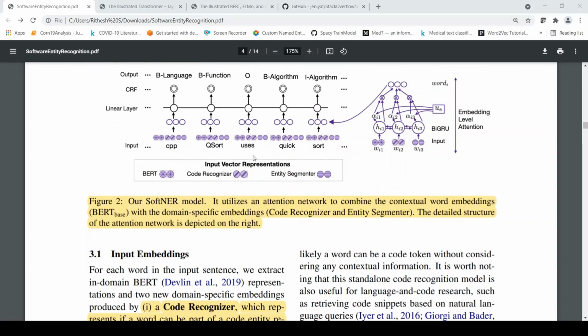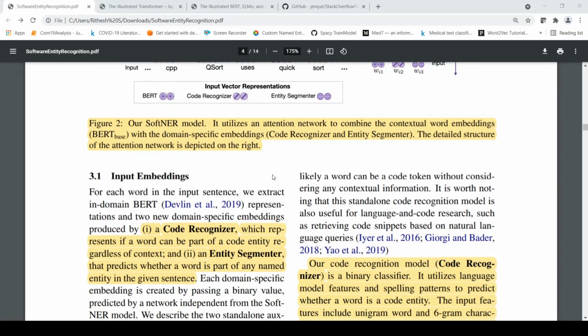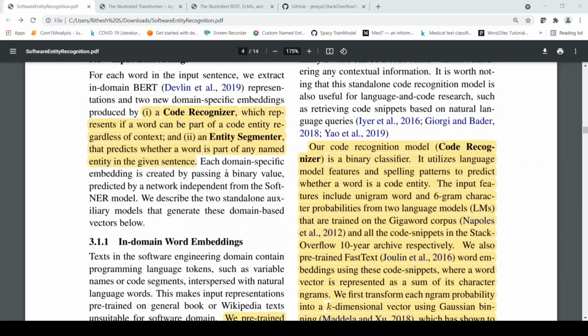When you have the word array list, the word list is part of this span of array list, array is also part of this span of array list, and together that is an entity segment. So that is your entity segmenter. Each domain specific embedding is created by passing a binary value predicted by a network independent from the soft NER model. Then there is a description of these two, code recognition and entity segmenter.